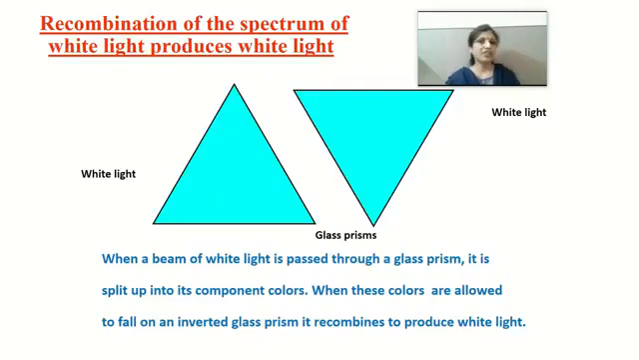This is another very interesting activity, children, that the 7 colored light of the spectrum can be recombined to give back the white light. So you see this image which is flashing on the screen. A triangular prism is placed on its base. Another similar triangular prism is placed inverted on its vertex in such a manner that the refracting surface is in the opposite direction. Now when a beam of white light is allowed to fall on the first prism,